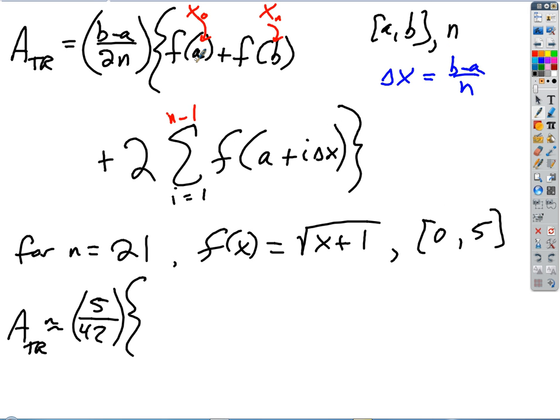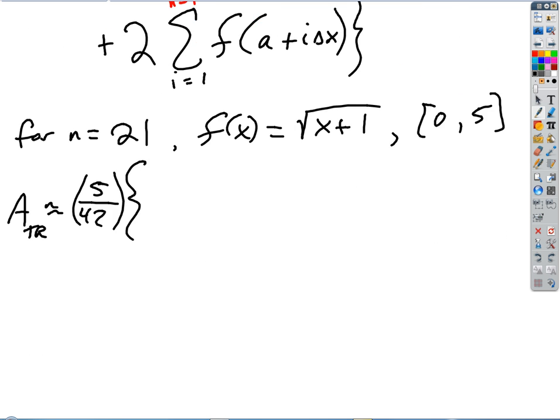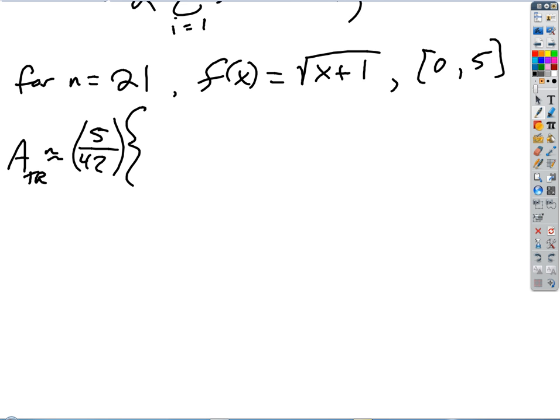F of, okay, at where though? 0. So we're going to evaluate this function at 0. If I put 0 in for x, I just get 1 plus f of, okay, square root of 6. Plus 2 times the sum of,